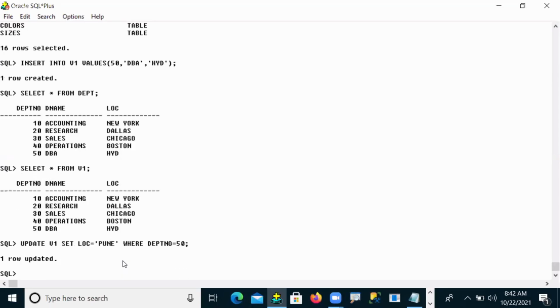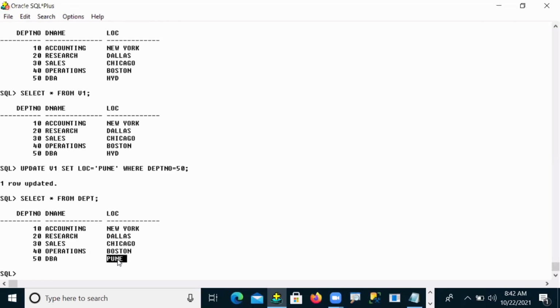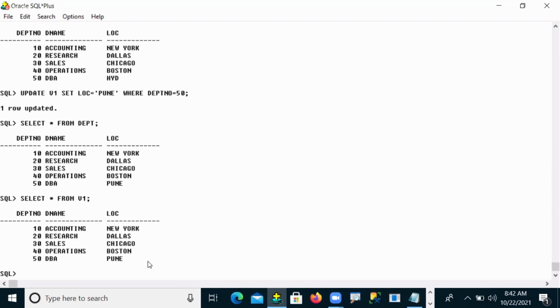This is executed on the base table, and the data is successfully updated in your base table. That updated data I can see in my virtual. The data reflection is visible.